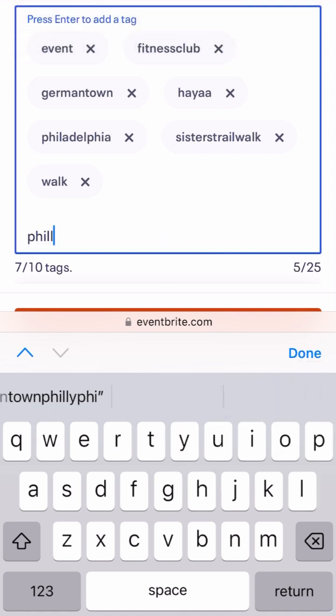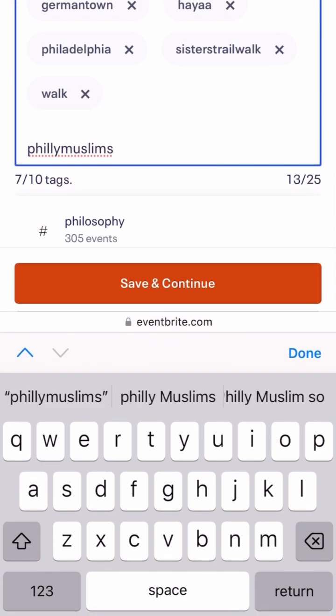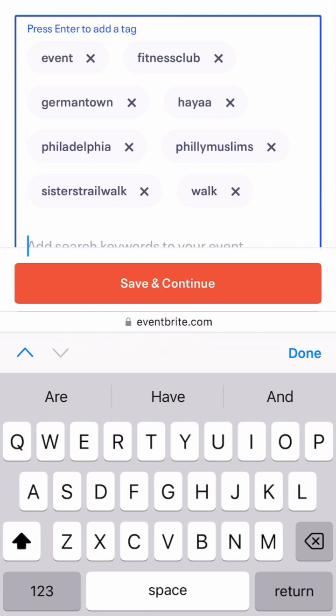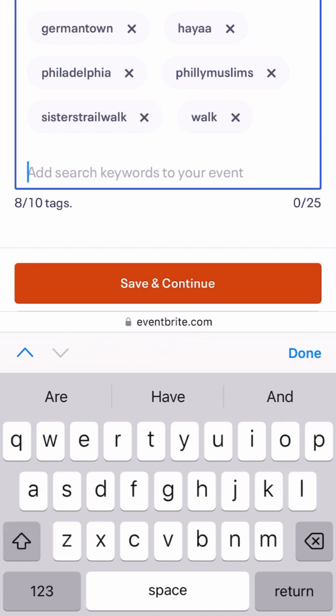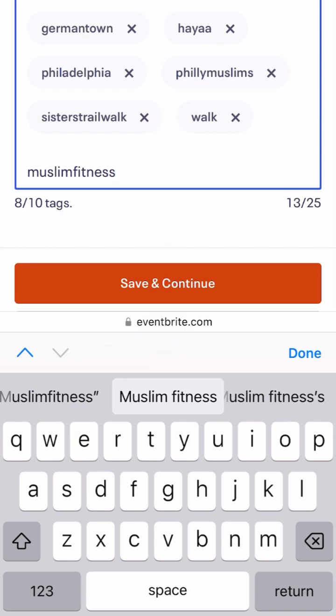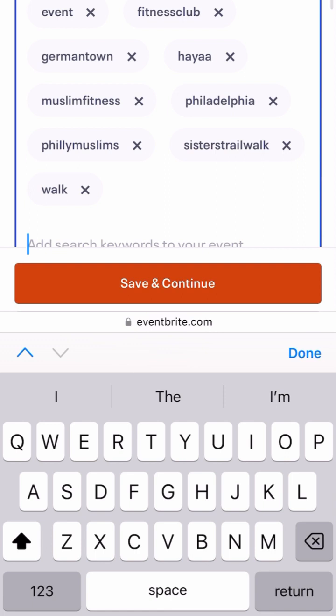And even Jamila would likely have some ideas on what she would like as hashtags, but I would try to keep it specific to the Muslims though. So like Philly Muslimas, Philly Muslims, Philly Fitness, Muslim Fitness, Sister Trail Walk, Muslim Sister Fitness, or something along those lines, something that is very searchable, so it's likely to get reach, but also something that is not too long either, and it will only allow up to 10 of those.